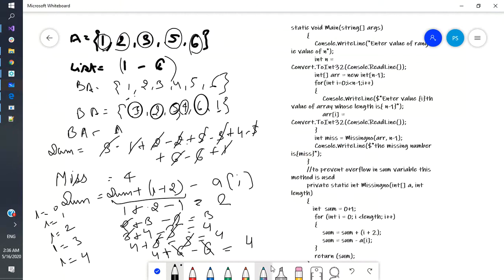So let us discuss the time complexity and the space complexity of this particular algorithm. We know that we are traversing through each element only once, right? So my time complexity will be O of n, plus there will be no overflow in this variable sum over here, right? Because every time we are subtracting something from it, there won't be any overflow. Now space complexity, we require just this extra space of this one variable, that is sum. So space complexity will also be O of 1.